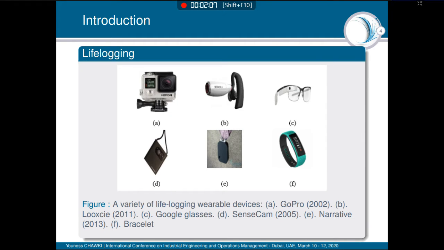A variety of digital devices embedded with sensors should be applied to capture the data. Among all the devices, the digital camera is the most commonly used live logging device. The following figure shows a variety of live logging wearable devices.